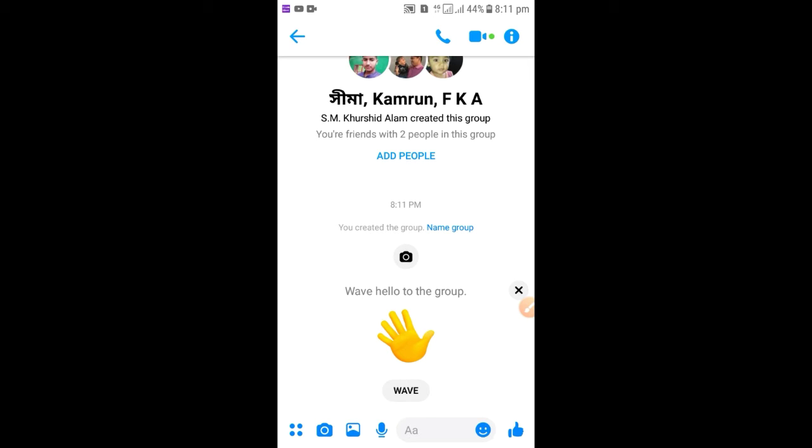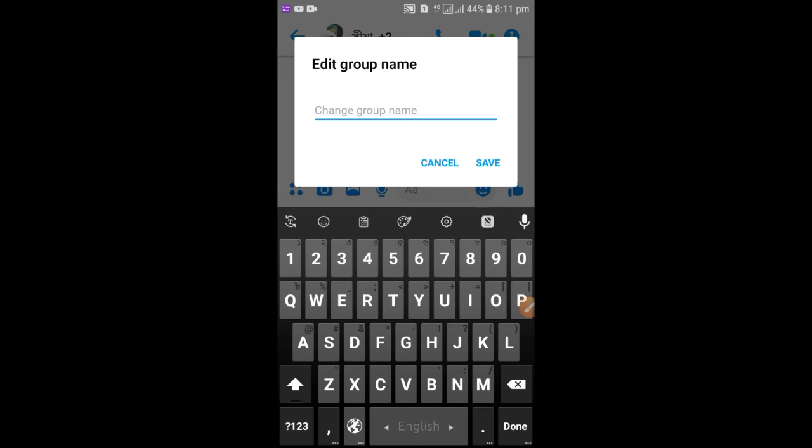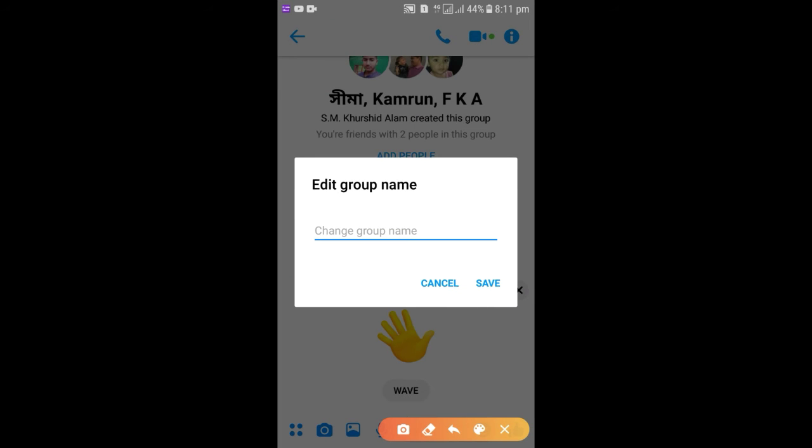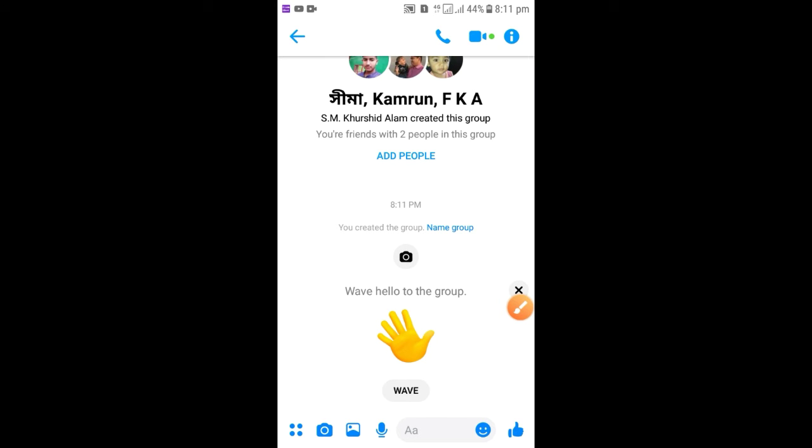Now we can set the group name. Tap on here. After tapping, we can write down the group name here. Then we click the save option. After tapping, the group name will be added, and again, if we think some more people should be added to this group,